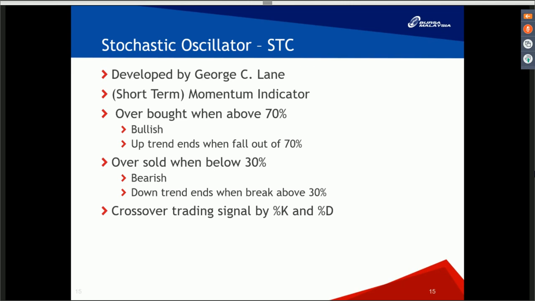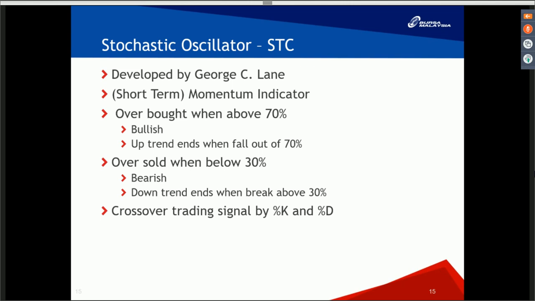That means the stock is in an uptrend, and it will only end when the indicator actually falls below 70%. In contrast, oversold is when the stochastic is below 30%, and this is considered bearish. As I said, don't simply buy when it drops to 30, because it can stay there because of a bearish,